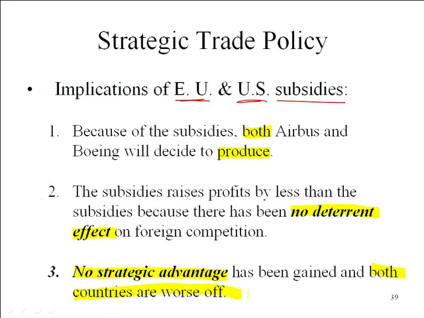Anybody want to guess what actually takes place between Airbus and Boeing and the EU government and the US government? This is the outcome. The EU government subsidizes Airbus, the US government subsidizes Boeing. It's not clear from most of the market research studies that it's made a huge impact in terms of the distribution of sales of aircraft around the world, and it's been in legal dispute for 25 years. So the attorneys are getting rich, but